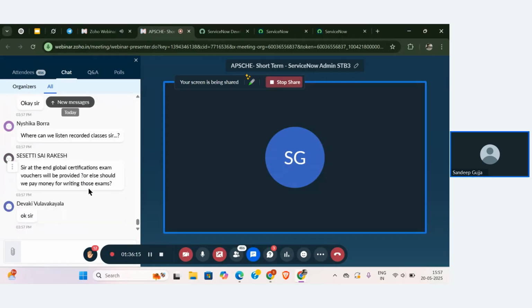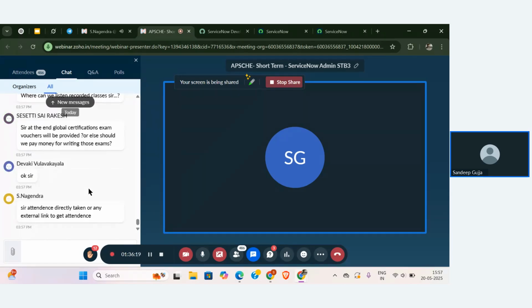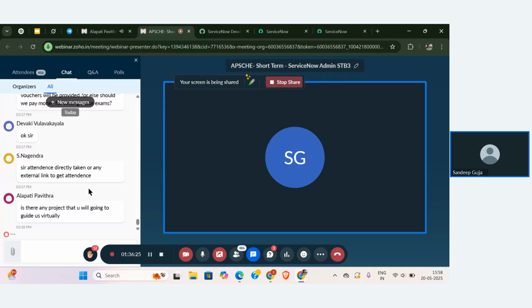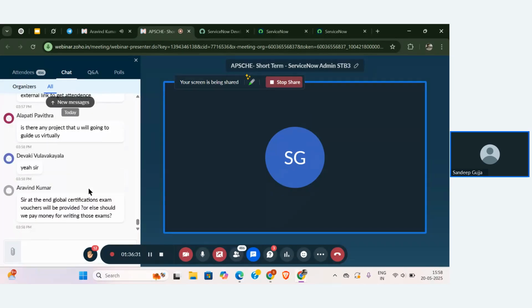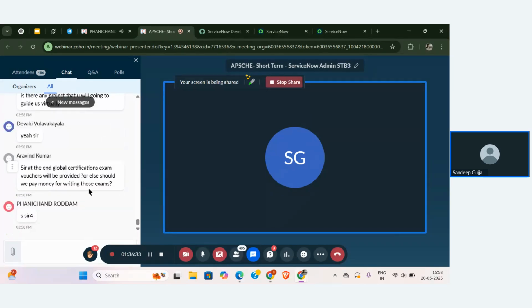Yeah, guys. So I hope everyone got a good idea about the ServiceNow website as well as the platform interface that you are going to see, and what are the things that are going to appear whenever we are opening your instance, right? Yeah, we are going to guide the project for you people also. No need to worry about that.